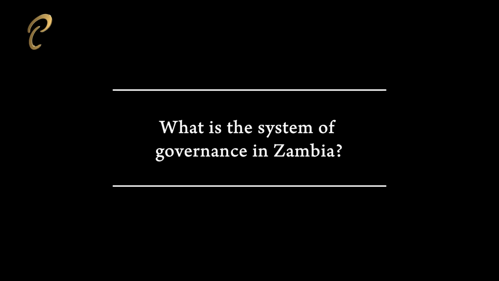What is the system of governance in Zambia? The Zambian system of governance has evolved through three major phases over a period of time. As you are aware, just like you, we are a former British protectorate. We got independence from Britain in 1964. And during that time, we had a multi-party system. That system was there from 1964, until 1973, when Zambia became a one-party state. And then it was a one-party state for a longer time.